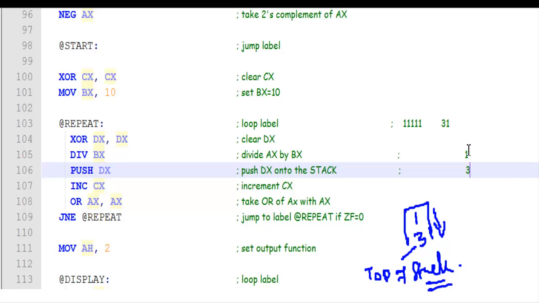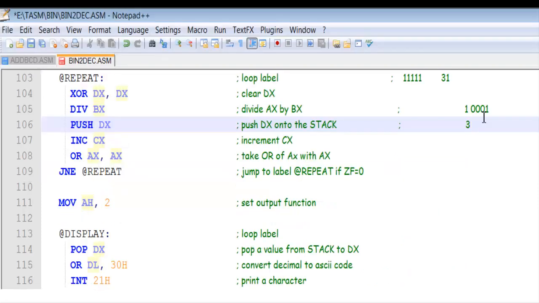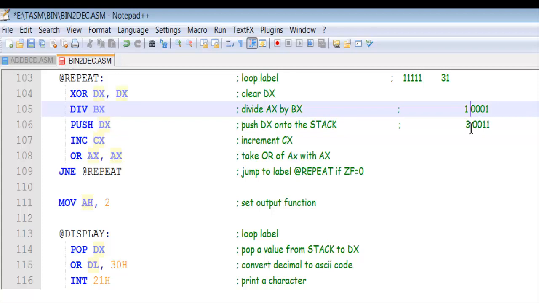In fact, that will be the binary 3, not just the plain 3. That will be binary 0 0 1 1. It will be actually stored like this. For example, maybe I will take just a nibble, 1 for simple purposes, and 3 will actually be like this, 0 0 1 1. In the stack, when the 3 like this gets out of the stack,